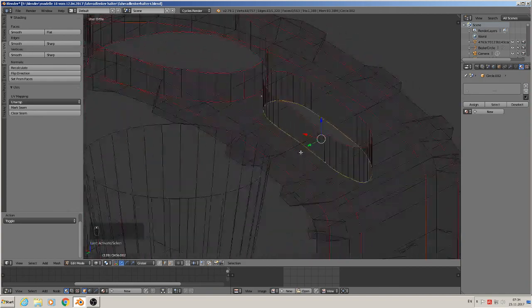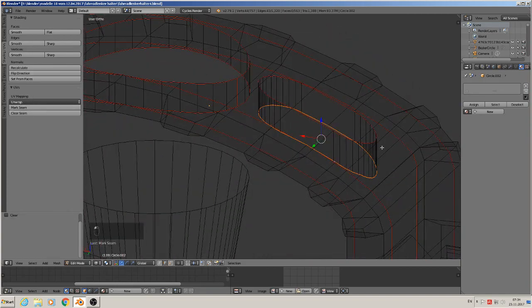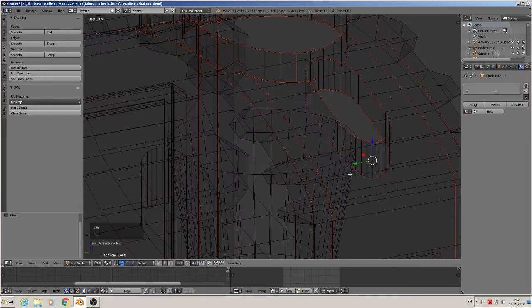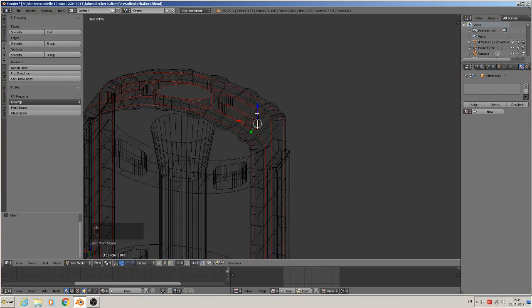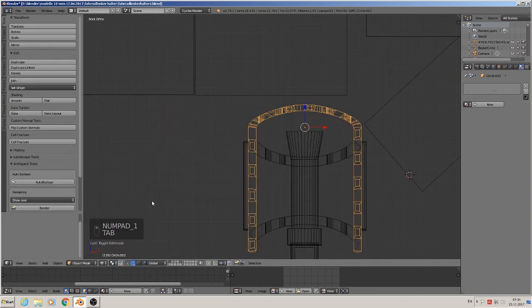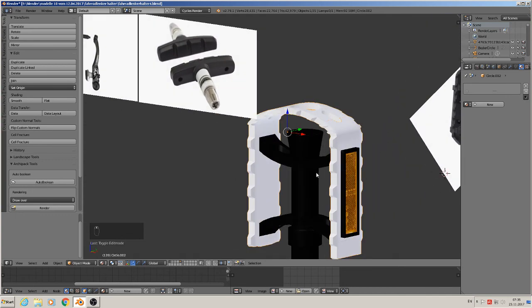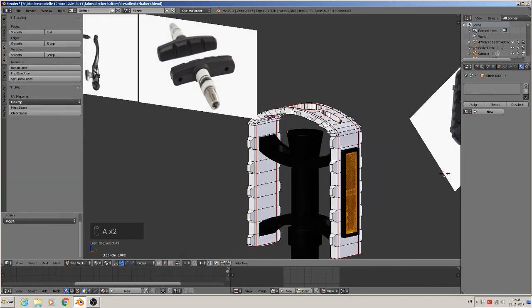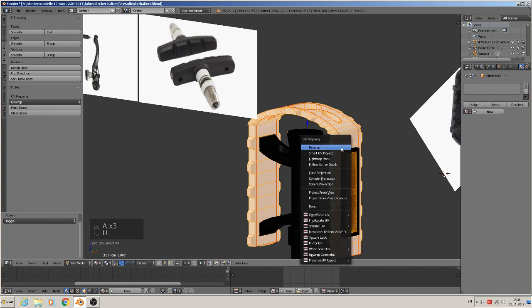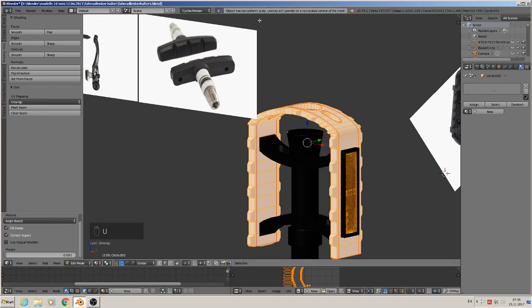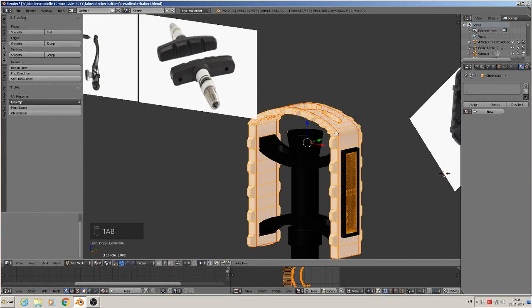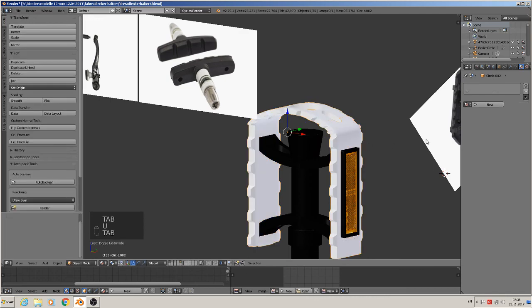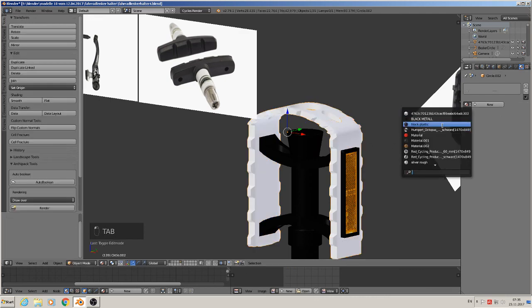Good. Then mark seam, one from top to down, mark seam. Okay, we have it. We go back here to material mode, then edit mode, select all, U to unwrap. Same, we forgot to apply rotation and scale. Again, unwrap, it's done. Then we give it that black plastic,